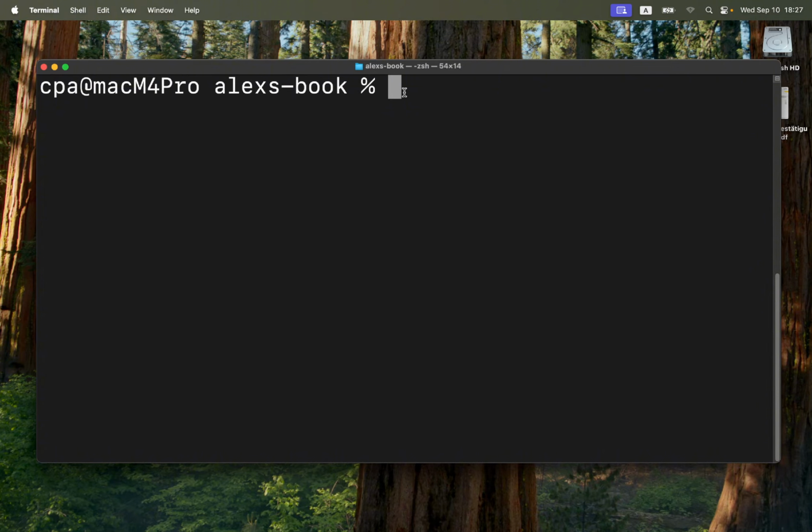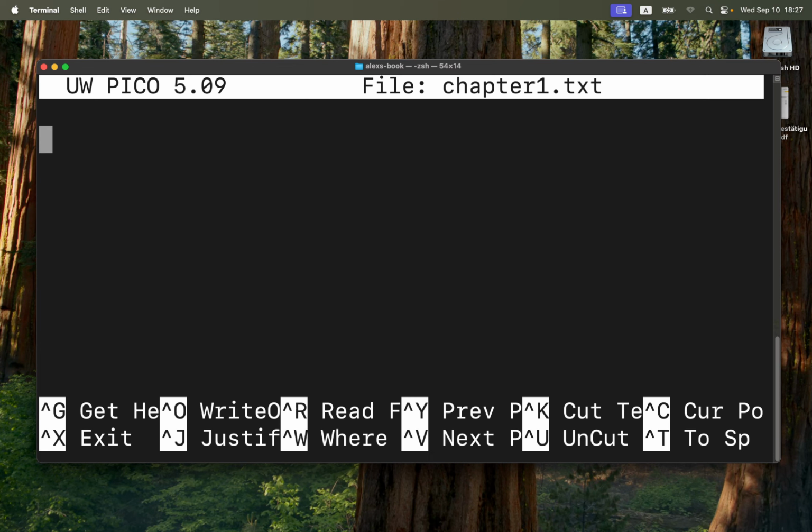What we need to do now is create the file. So chapter 1 of Alex's book. For this, you can use different things. For example, you can use the touch command. I'm going to use the nano editor. It's a command line editor that you can use. And I'm going to call it chapter1.txt. This should open the editor, and now we can